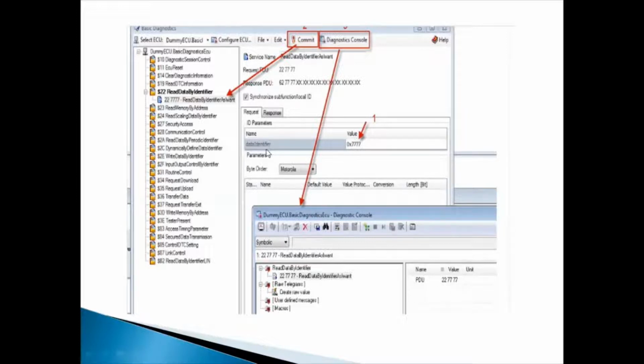Here they are sending the data identifier also. This is 7777, which is 2 bytes of data. 77 is 1 byte, and one more 77 is 1 byte. So there are 2 bytes of data here. Once they give this request,